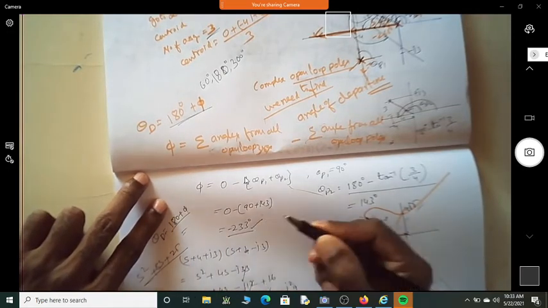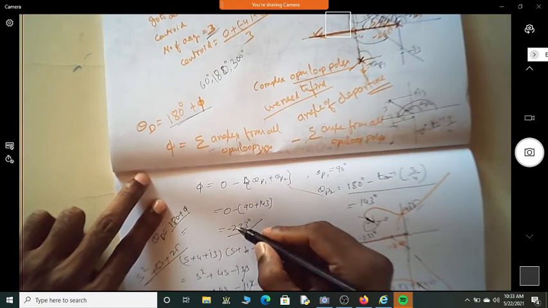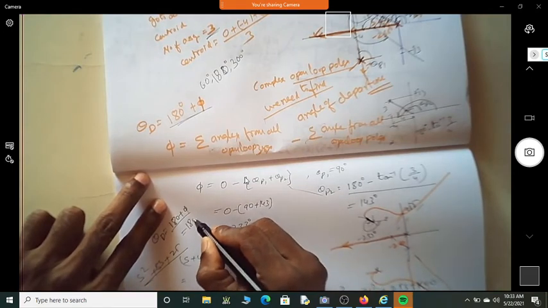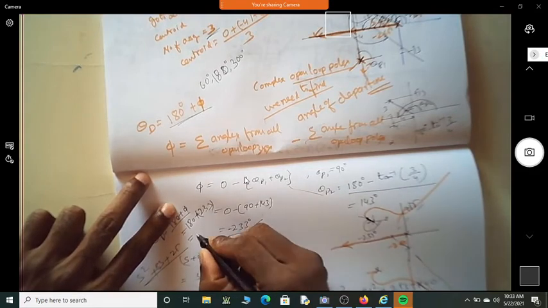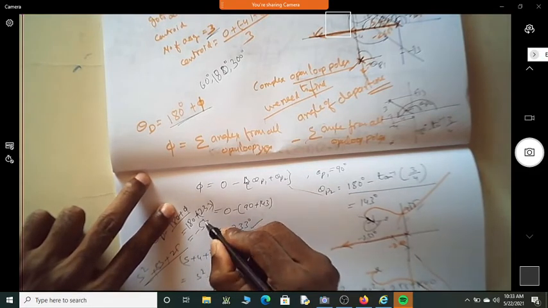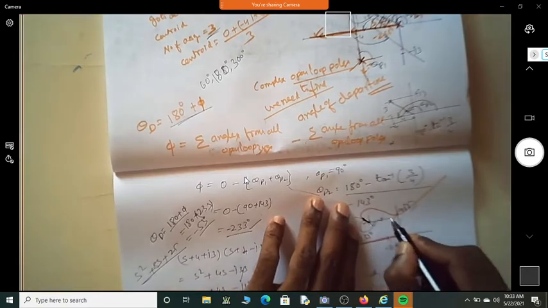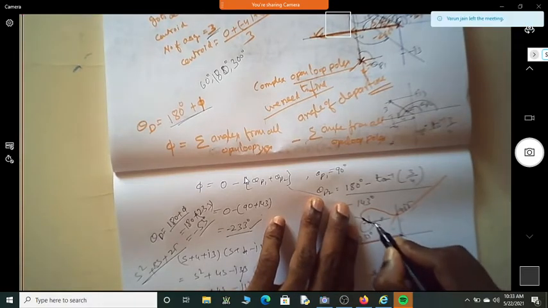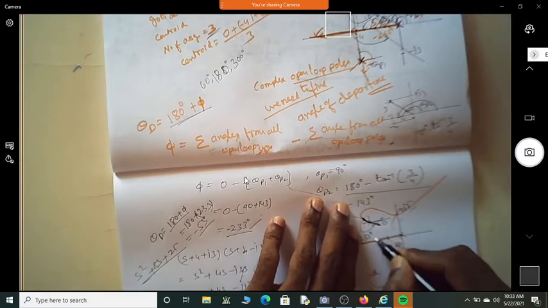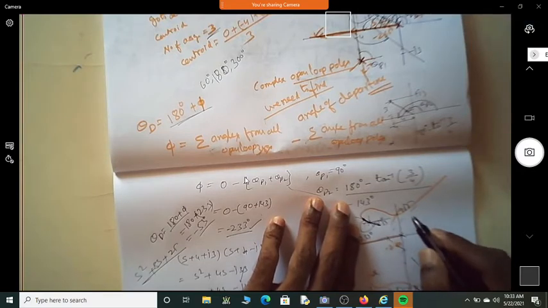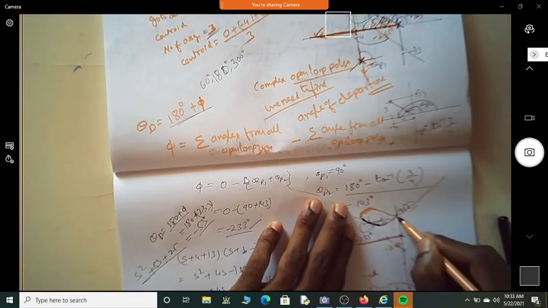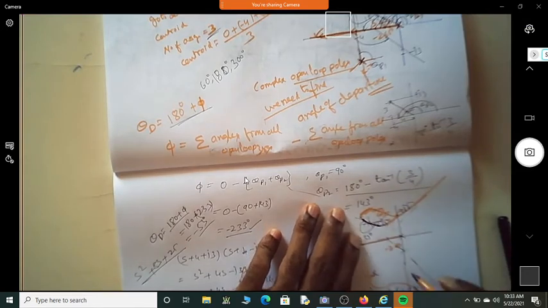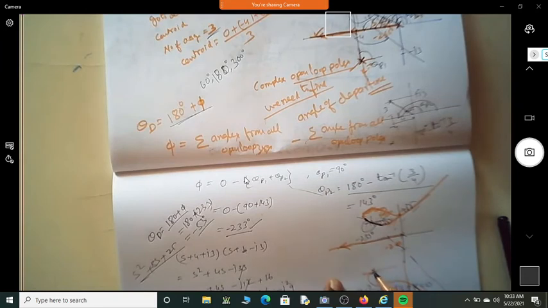So then how much will this be? Once you make it 180 plus 233 minus, how much is this? Minus 53. 53 degrees. So this is the angle. So minus 53 comes here. Correct? This is 53 degrees. So you come in the clockwise direction, this is minus 53. So then the position is not like this, it goes this way. This is 53 degrees. This is plus 53 degrees.